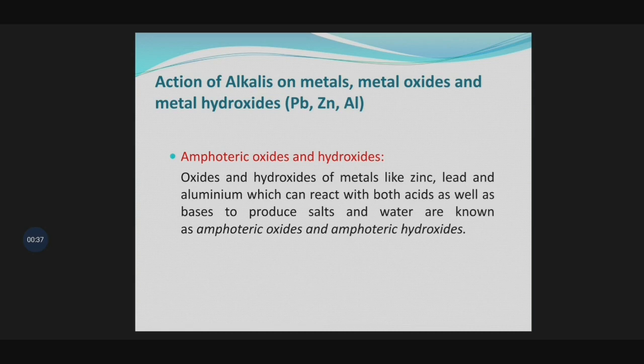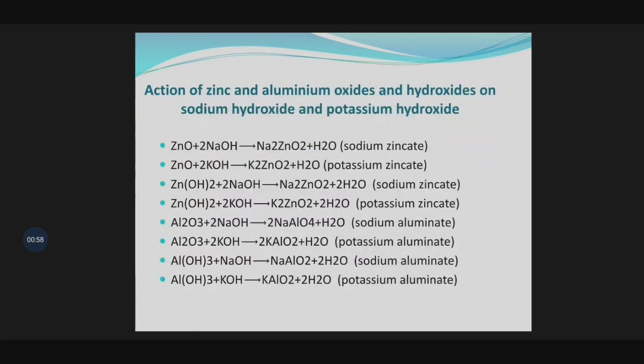To discuss this part of this video, I have taken the help from Devashree ma'am of Deepal School, Berhampur. Now it is written there amphoteric oxide and hydroxide. What is that? Few metals are there, zinc, lead, aluminium. They can react with both acid as well as alkali. This nature is called amphoteric nature and these are called amphoteric oxides. Their hydroxides are called amphoteric hydroxides. How they react? It is given there.